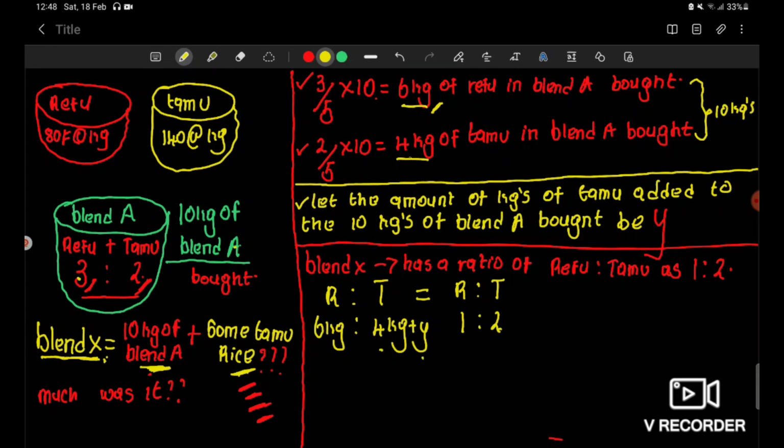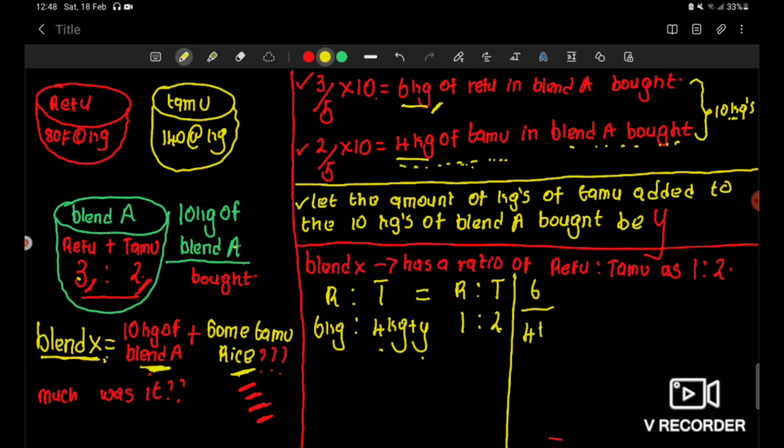Remember, 4 kg of tamu was what was in blend A when the 10 kgs were bought. But this retailer added some tamu rice to blend A to create blend X. So here we can develop our equation, which will say